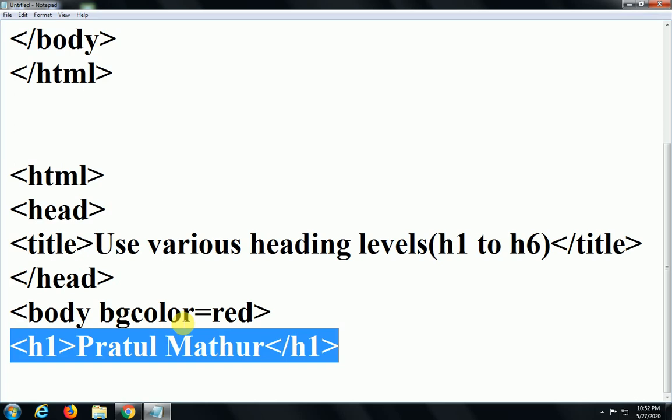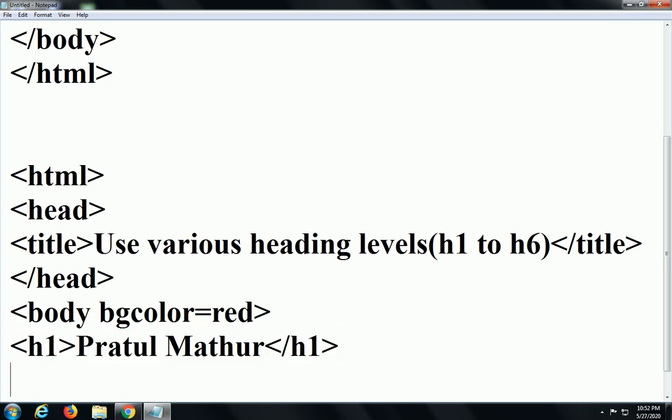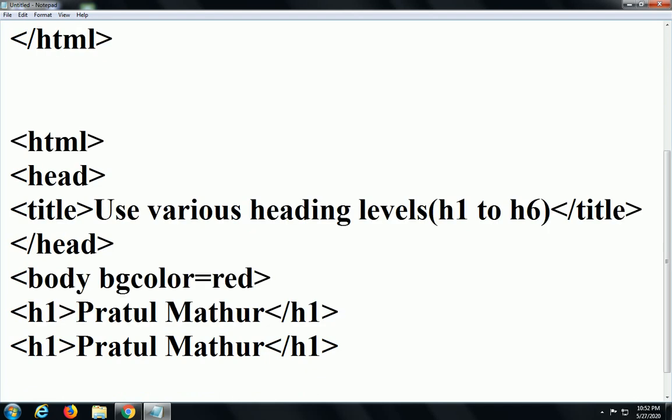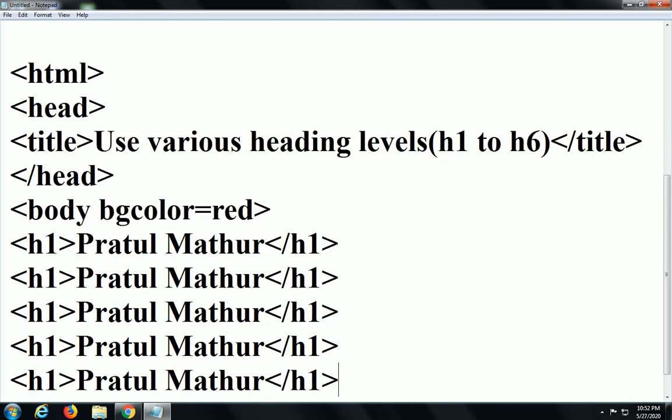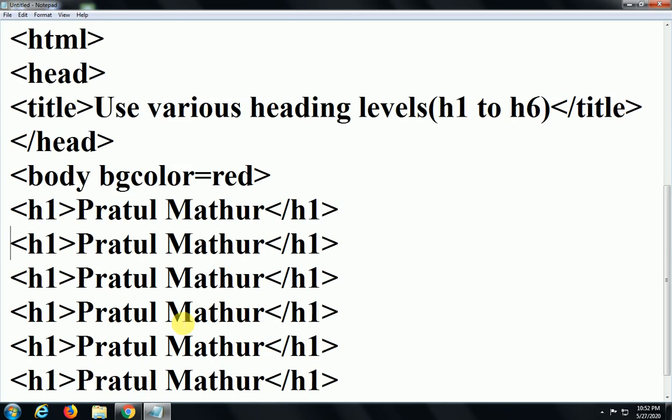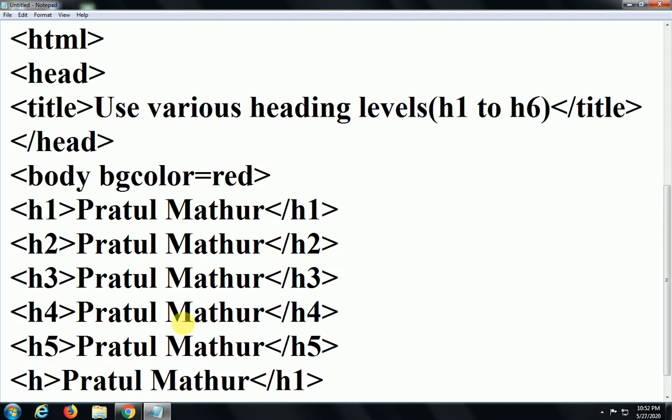We select this part and copy with Ctrl C and paste any number of times, say 5 times, and just change h1 to h2, and the closing h1 is replaced by h2, same for h3, and the starting also h3, h4 and closing h4, h5 and last h6.